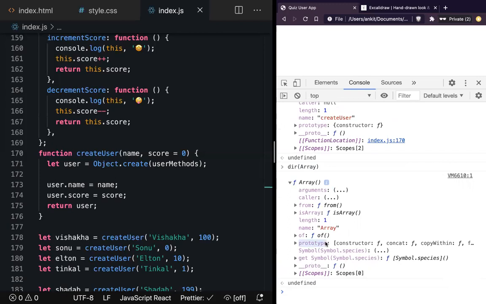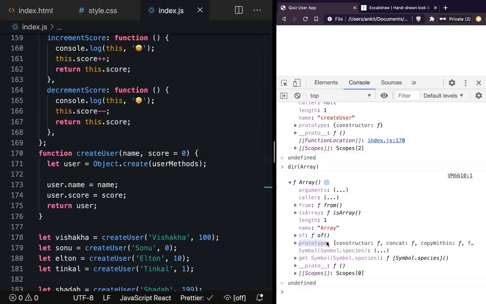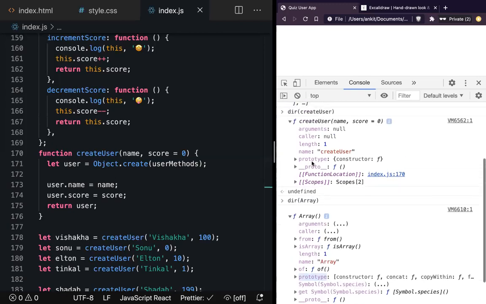Let's imagine your function to be a kangaroo. Have you seen the pouch of a kangaroo? It can keep the children there, right? So that is how you should be thinking about prototype. Prototype is just a key, and the value of that is an object.